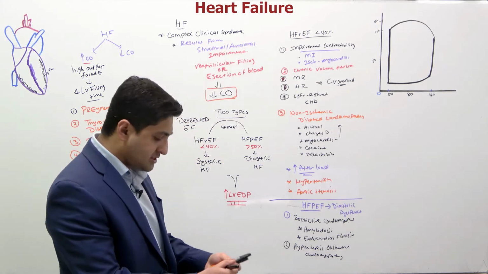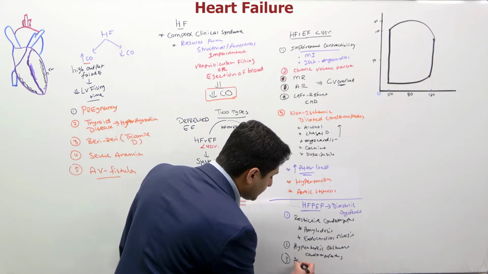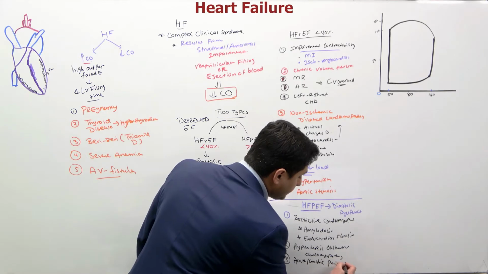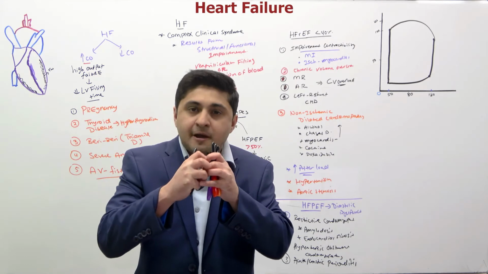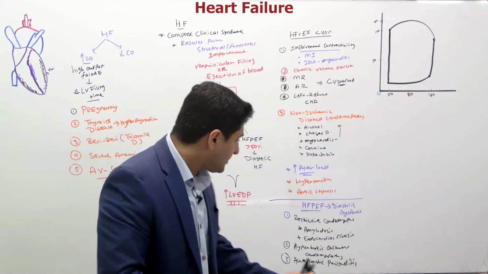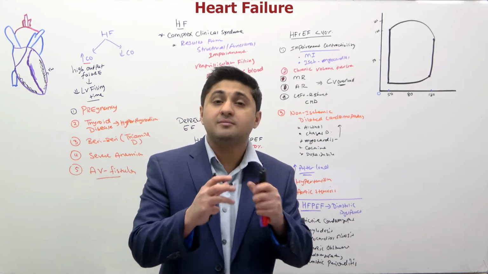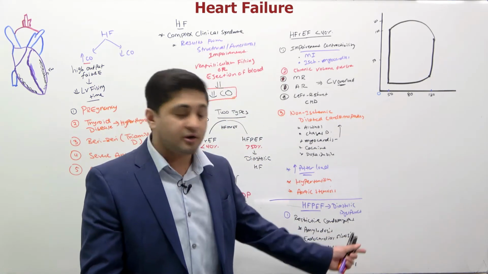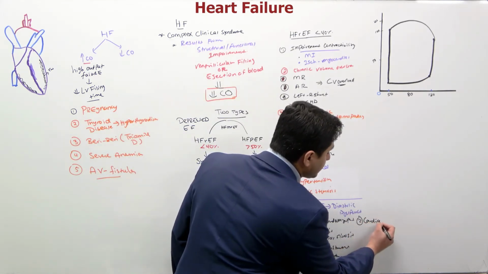Or another condition you'll study, let's just say constrictive pericarditis. In constrictive pericarditis, the pericardium becomes very inflamed and constricted, and that makes the ventricle very firm and stiff. Any sort of infiltration causes the ventricle to be unable to relax, like restrictive cardiomyopathy, hypertrophic cardiomyopathy, constrictive pericarditis, or another condition, for example, something called cardiac tamponade,